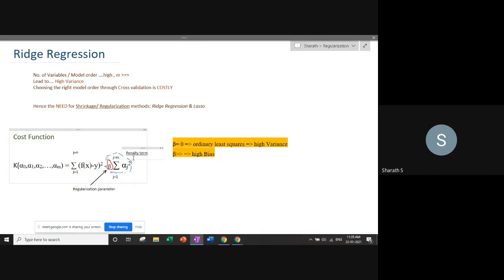So what is being done is that the same alphas, whatever we are using, we are identifying at each step of the gradient descent. We are going to take those alphas and square them, and then multiply by some parameter called beta. You can give this parameter whatever name you like, but I have named it here as beta. This is known as the regularization parameter.